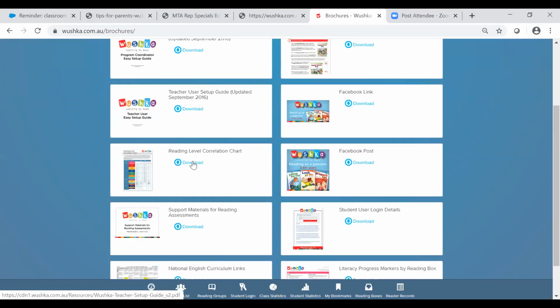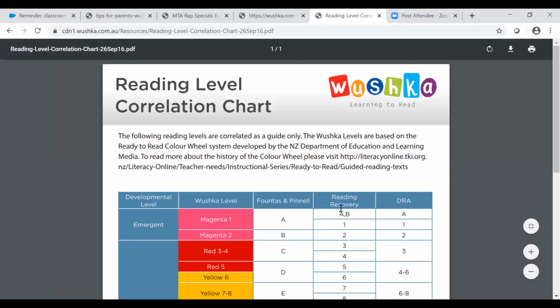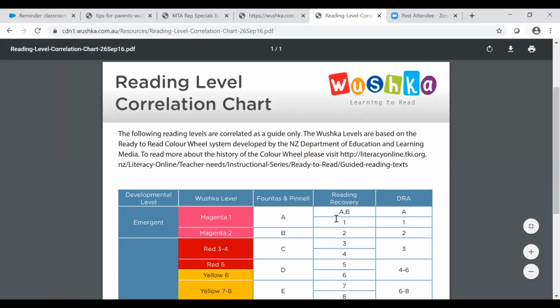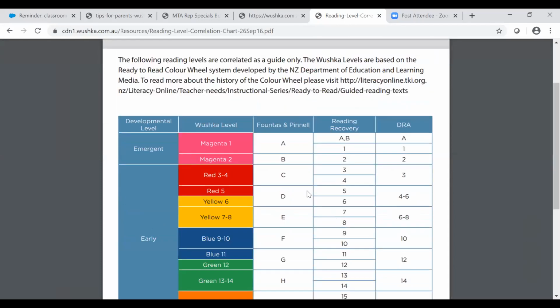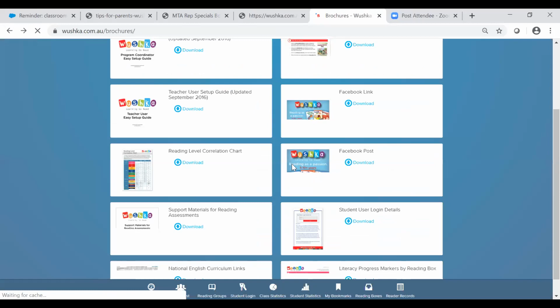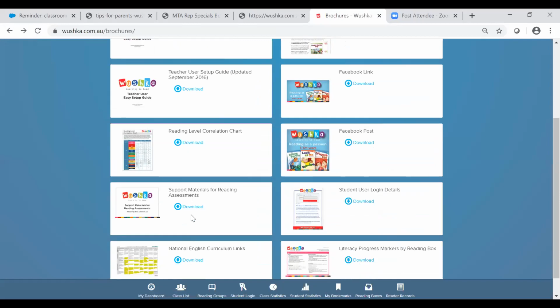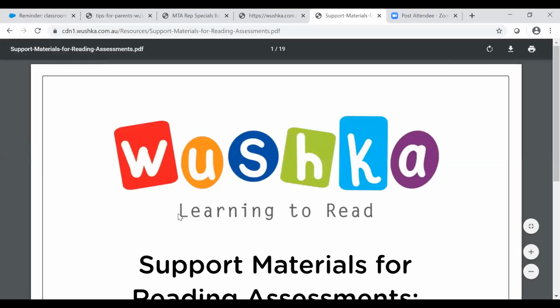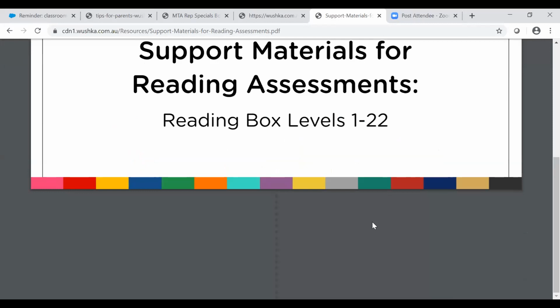Now this is our correlation chart. And we have here a few of the publishers put in alignment with the Wushka colour wheel, as you can see there. If we scroll down, we have support materials for reading assessment. Now I do like you to maybe download this and print it out because it gives you information on what readers